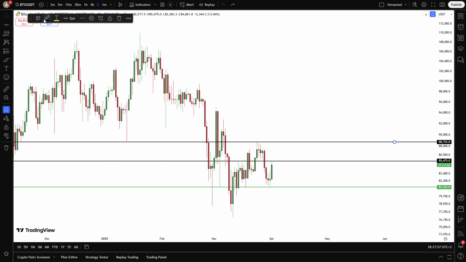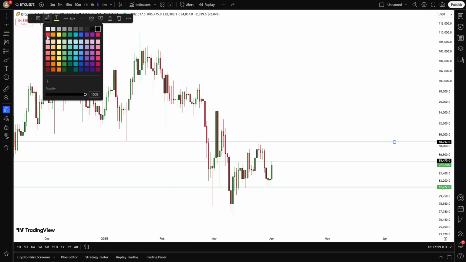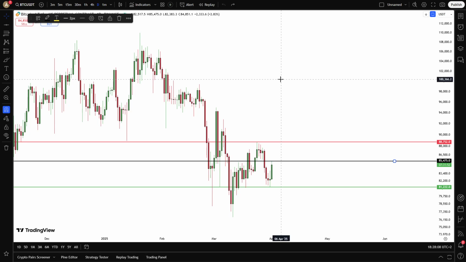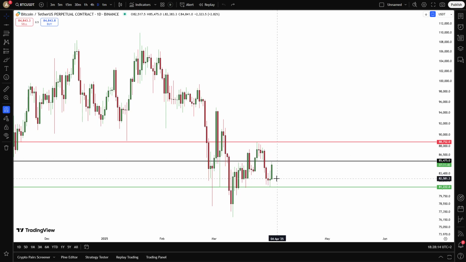For the top side, this level above price, simply the red one. Where price currently is, I will keep as a black line as of now, because we don't know if this is becoming the resistance or the potential support if it gets flipped. And to determine what this line currently is,